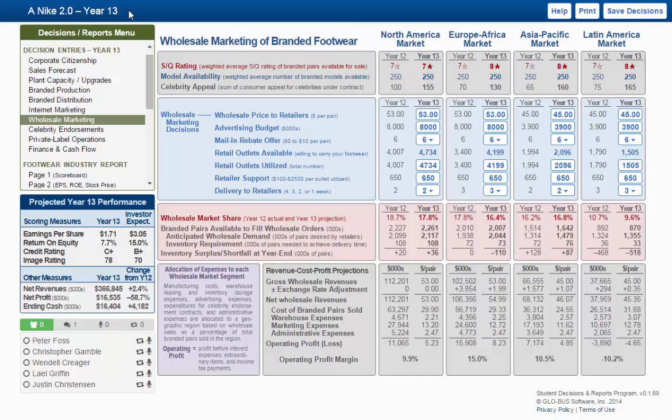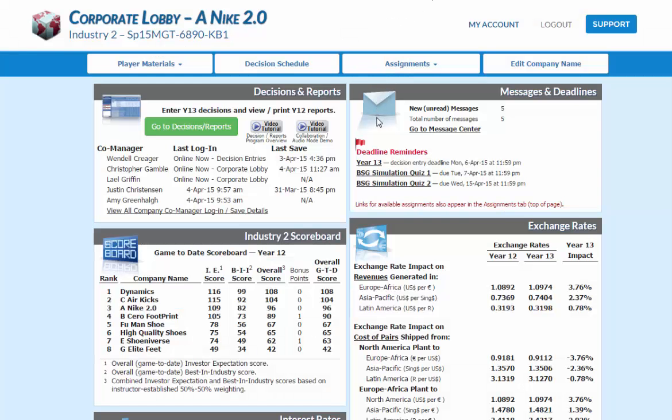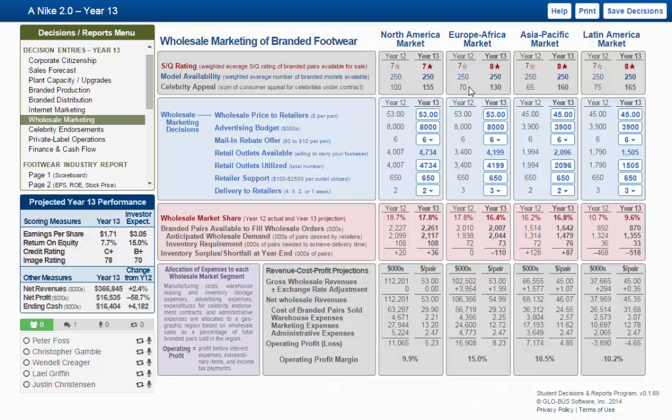Students take over their company at year 11 and manage it for up to 10 scored rounds through year 20, if the instructor schedules that many. Back in the corporate lobby, you can see that the deadline for the decision entry round is shown in the reminders box, and so students have until that date and time to complete their decision entries on every decision entry